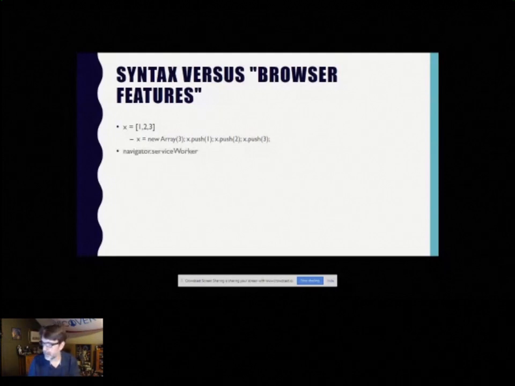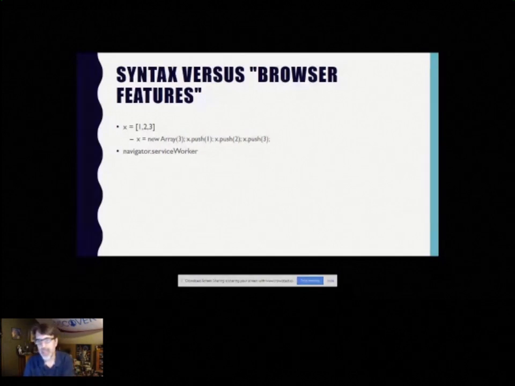What we're not talking about are things that are more of a browser feature, like navigator.serviceWorker. If you've heard anything about progressive web apps, and hopefully you've heard something about it, then this is a feature that's typically mentioned when talking about PWAs. And that's actually not what we're talking about when we talk about ES6. If you've ever heard someone say syntax sugar, for example, they're talking about the specification, the ECMAScript stuff. They're not talking about a browser feature per se.